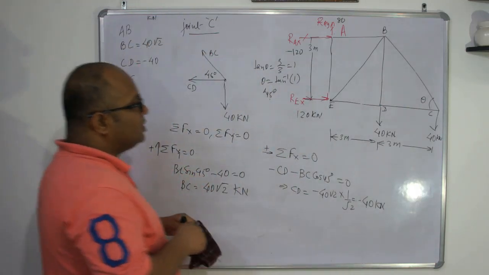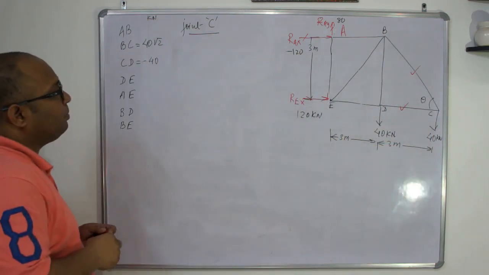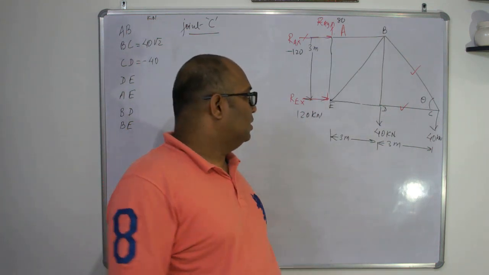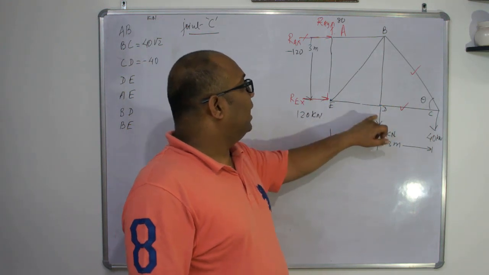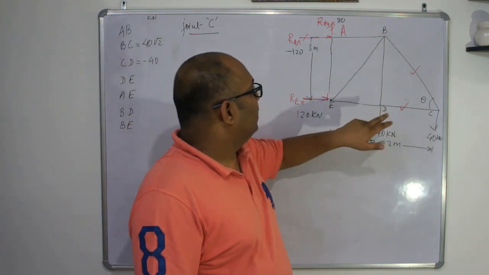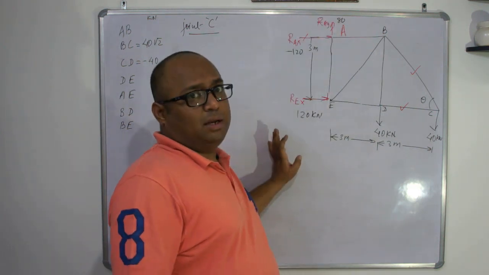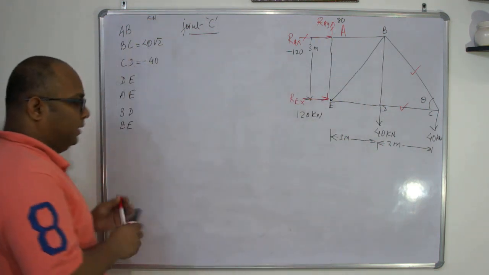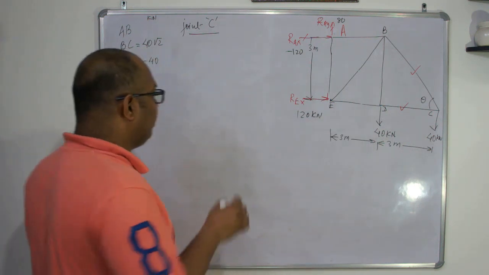We have found the force in members CD and CB. Now, where do you want to proceed? You have two options. You can go for D. If you go to D, members DE and BD are unknown. And if you go for joint B, then you have three members which are unknown. So assuming I have not found the reaction, I will preferably go for D. So let us now draw the FBD of the pin at joint D.